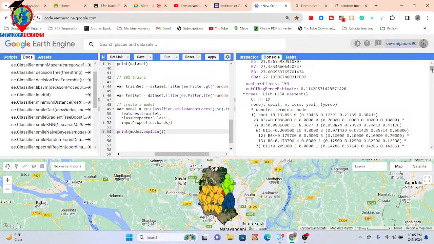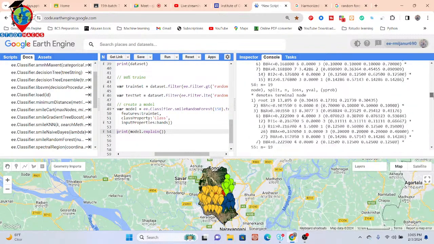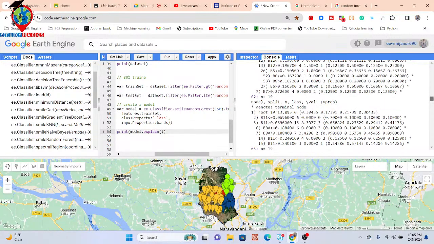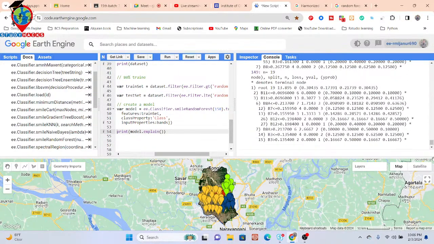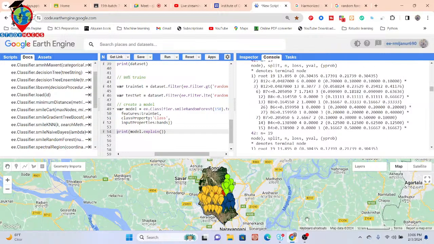So that's why this time it also creates this type of trees. You can see a lot of trees or decision trees it creates, mainly 150 we can get from here. You can see 149. So basically it starts from zero, from 0 to 149, total 150. Okay, so now we can get about this model. So this time, this model I want to use